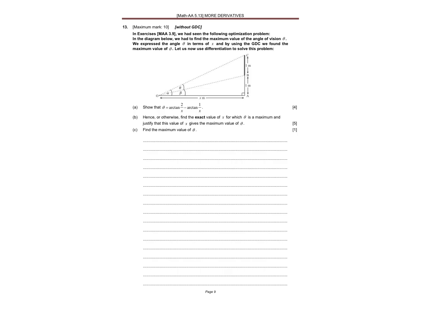So we have to show that theta is arctan 2 over x minus arctan 1 over x. Okay, so we have tangent alpha is opposite 2 over adjacent x. So alpha is arctan 2 over x. And we have